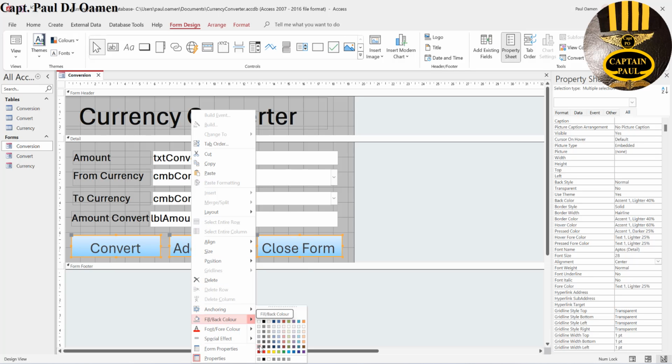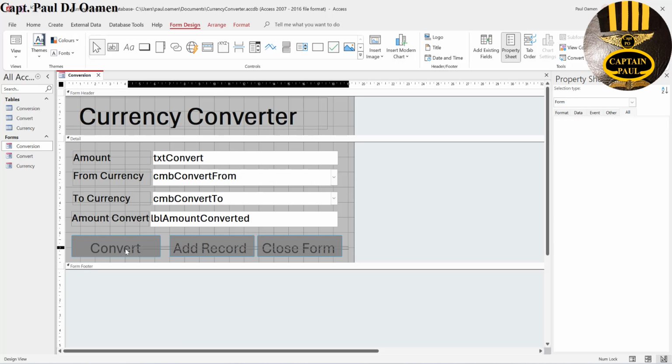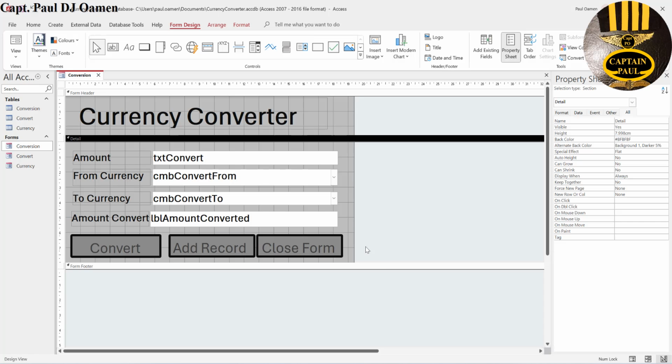I'm going to make it a little bit darker. There we go. And let's add some border. Border style, make that bold. That is fine. Then the border color, I want to make it black. Then the border width, let's increase that to maybe 4. There,